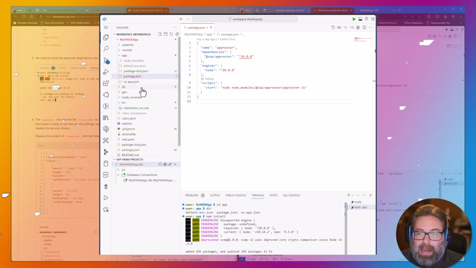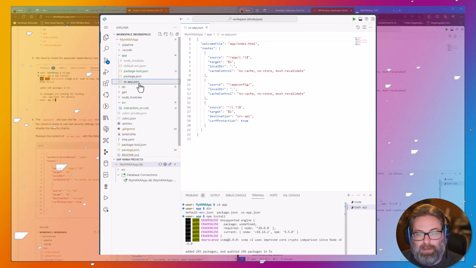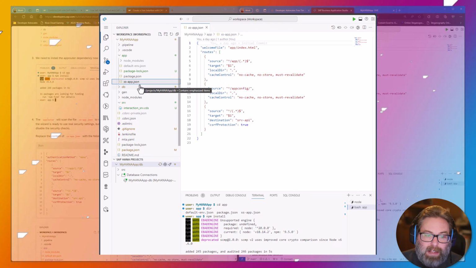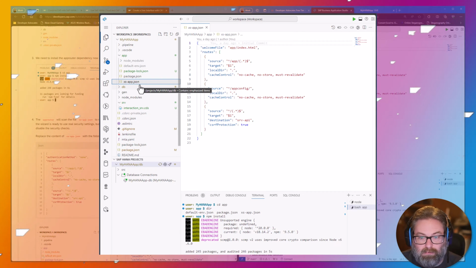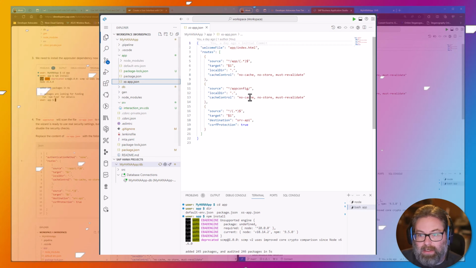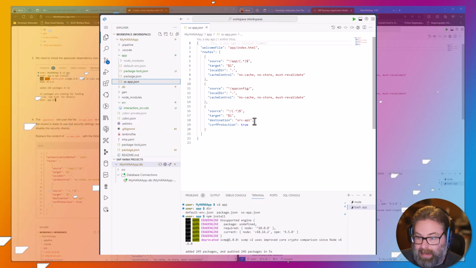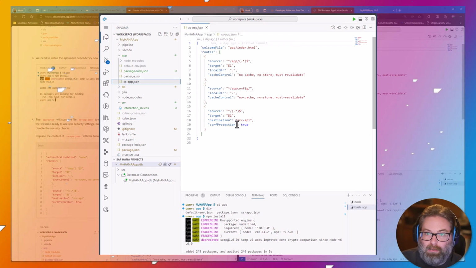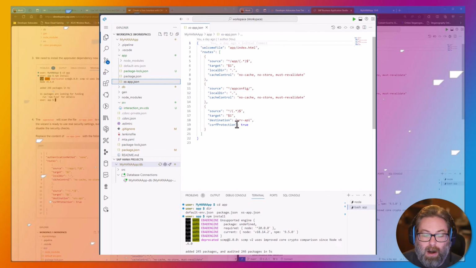Now, the application router on startup is going to scan this XSApp JSON file. And that's going to tell it all the routing patterns to send the request to the right destination, whether that's the file system to serve out static HTML supporting files, or whether that's to route to another service like the CAP service to redirect requests to the OData service that we have as part of our CAP application.